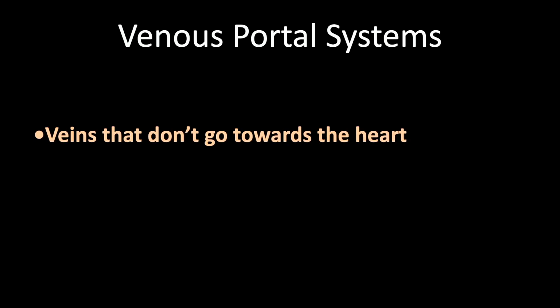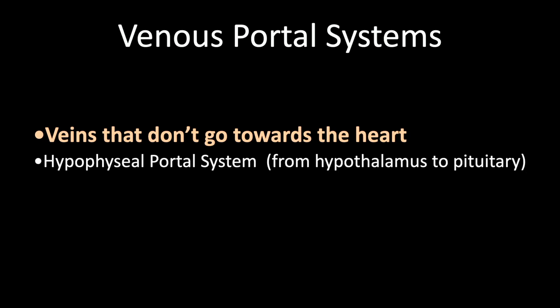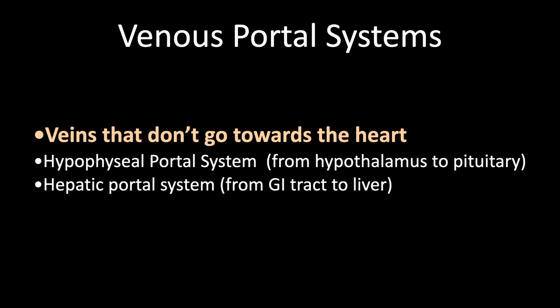So let me spend a bit of time on the venous portal system. The term portal system defines veins that don't go towards the heart. And there are two portal systems in the body. There is the hypophyseal portal system. This is where blood goes from the hypothalamus to the pituitary to inform about the endocrine environment. And then there's the hepatic portal system, where the drainage from the GI tract goes to the liver to really bring the nutrients, but also clear the GI tract, the blood, through the liver before it goes into the systemic